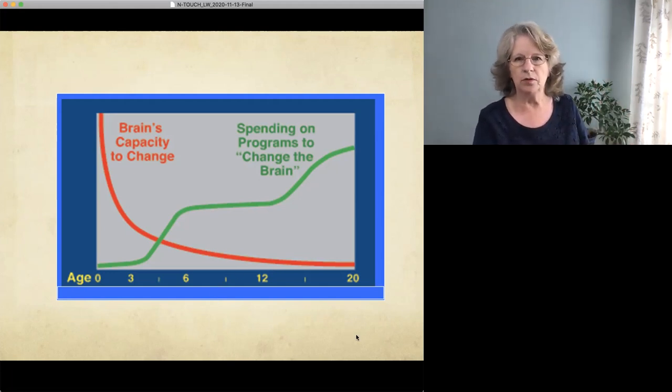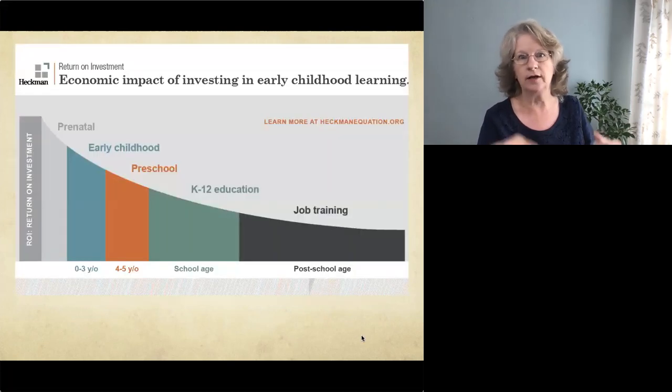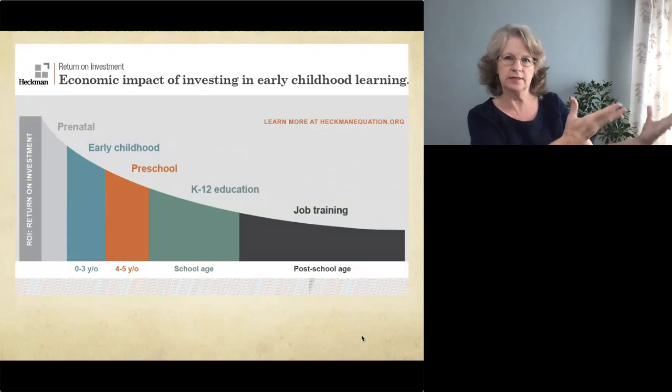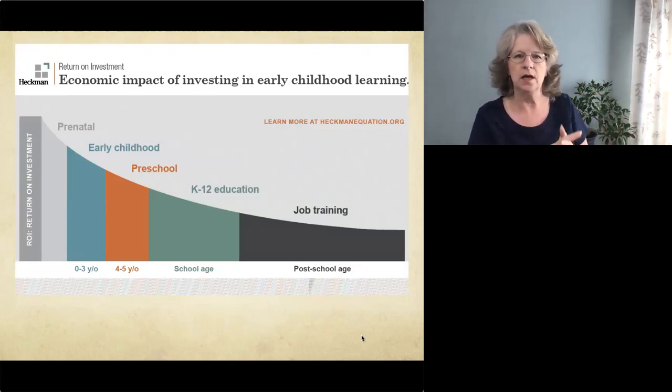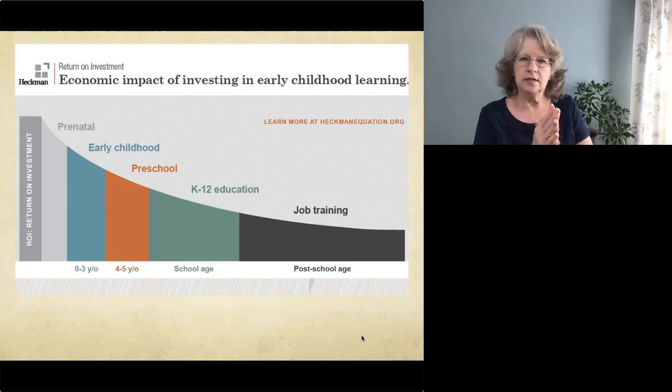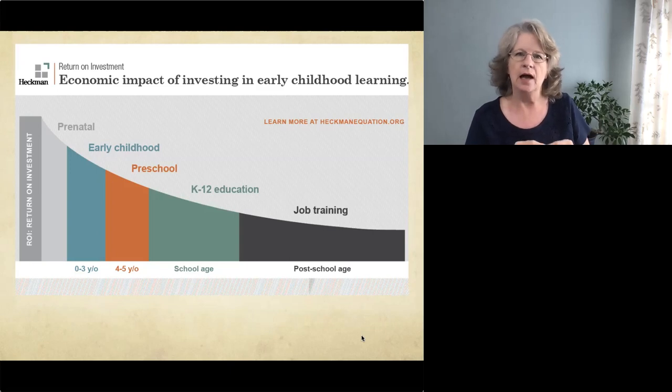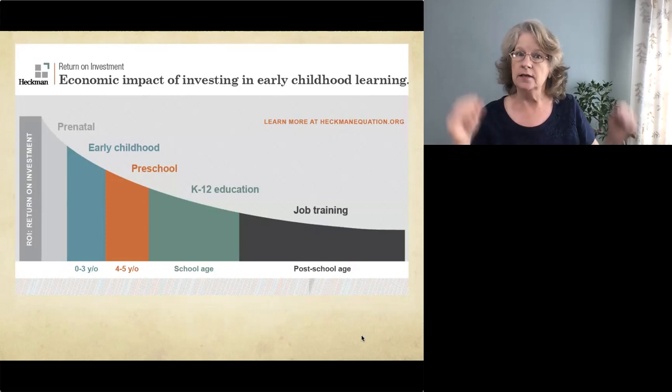So with the Newborn Touch program, I'm very committed to trying to prevent some of those problems. Let's get out in front. Let's get out in front and work with our families early on. This is the evidence-based piece that you're going to have a link to in the resources. And this was developed by an economist, Dr. James Heckman. He is a Nobel Prize winning economist.